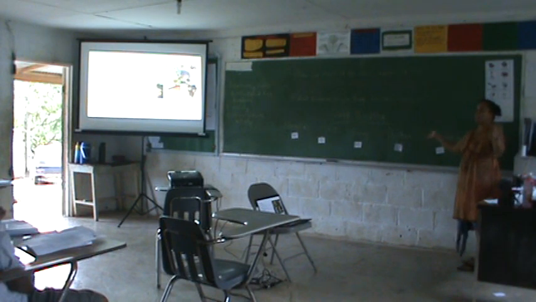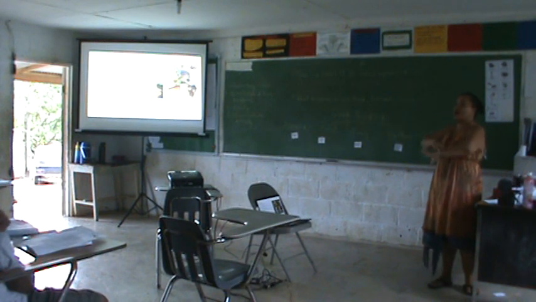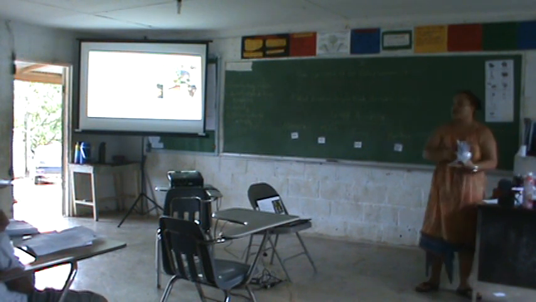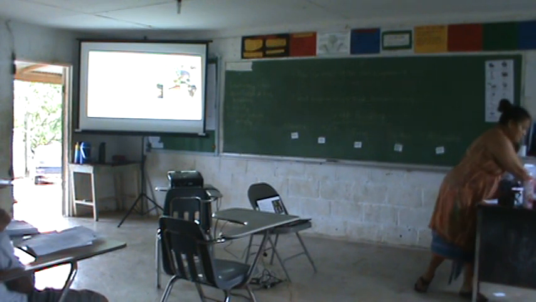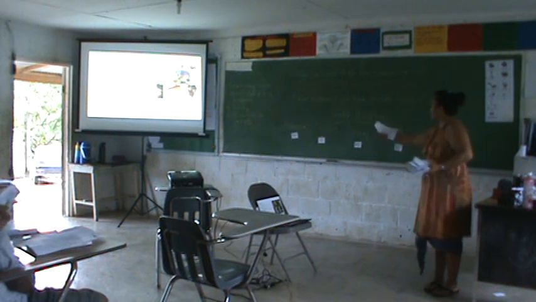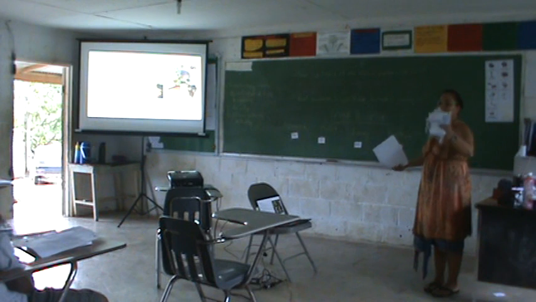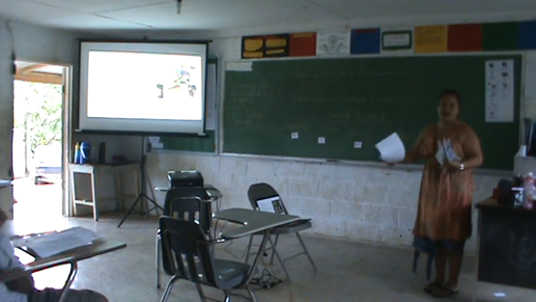Can we have a clap? 1, 2, 3. Good job. So now, same group, this is our assessment. With your group, I'll distribute this. You take the pictures, read, and put them into this paper. Identify which kingdom the cards belong to, such as Protists. So you have to put them in your paper.